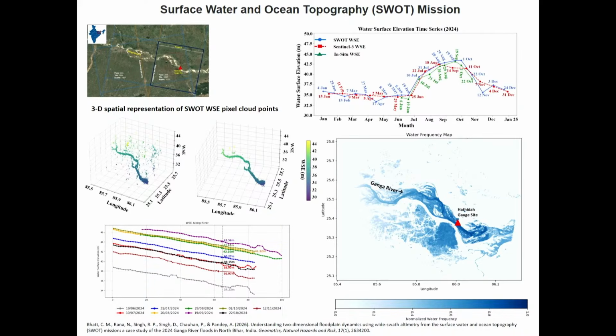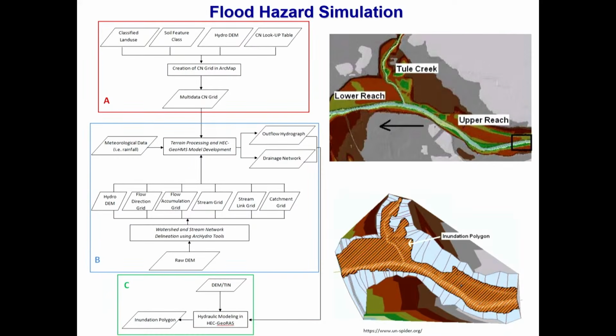starts rising. So now once you have a digital elevation model, you have those sensors, optical sensors, microwave sensors, you can also go for flood hazard simulation, by using land use and different kinds of meteorological data inputs, by extracting your river profile from the satellite data, and then taking it to the model by using different models like HEC-RAS. You can generate your flood depth and watershed boundary. All this you can use to create your flood hazard simulation.